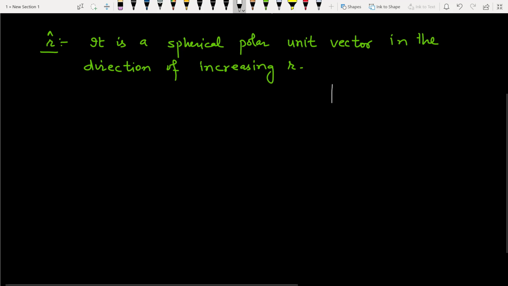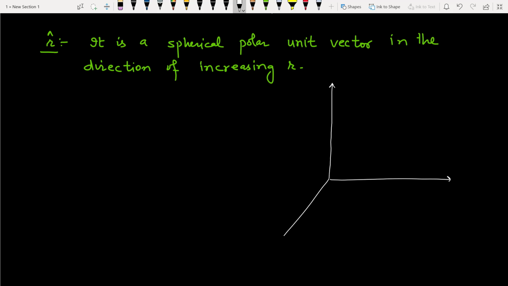Supposing this is our three-dimensional coordinate system, x, this is origin, y, z, and this is a point P having coordinates r, theta, phi, and we join